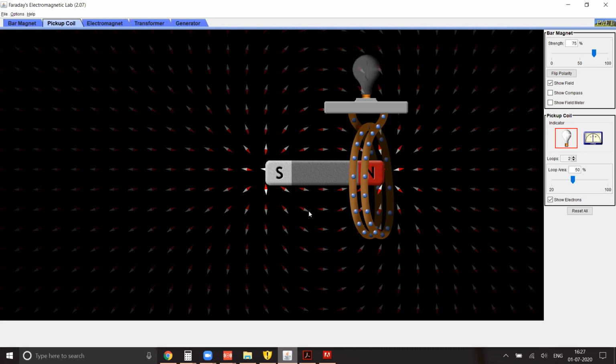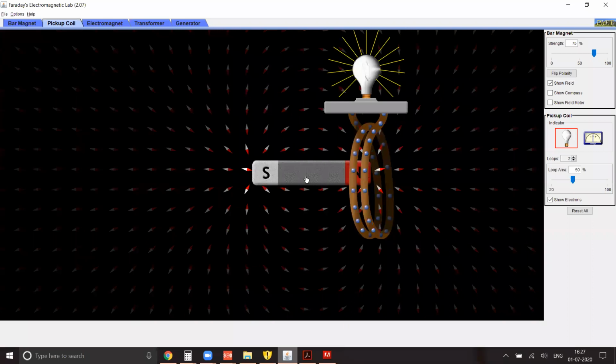Since I'm talking about a coil, for a coil I cannot use the word downwards or upwards. Try to understand, if it is a conductor, I've already explained the difference. Conductor means it is open. Anti-clockwise from which side? From the right side. Wherever I place the cursor, if your eyesight is going in this direction, it is anti-clockwise, whereas when you see from the side of the magnet, it is going to be clockwise.